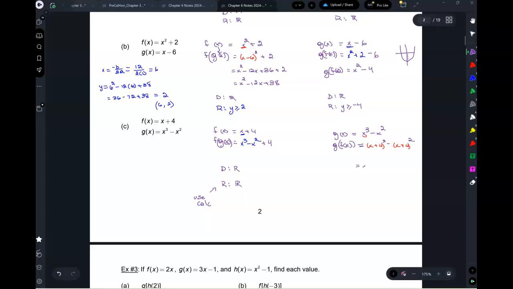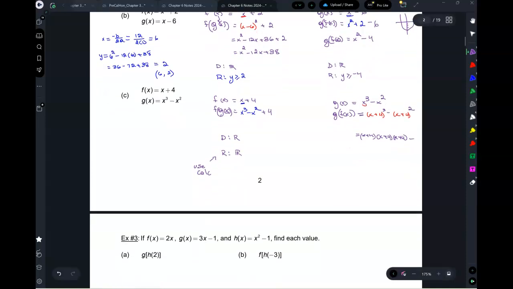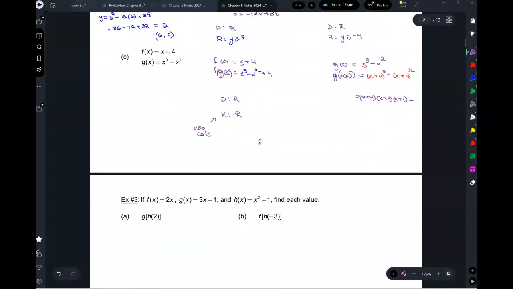So this would be (x plus 4)(x plus 4)(x plus 4) minus, and then the (x plus 4) squared, you know how to do, right? Okay. The domain, all real numbers. The range, all real numbers. Okay. Next,